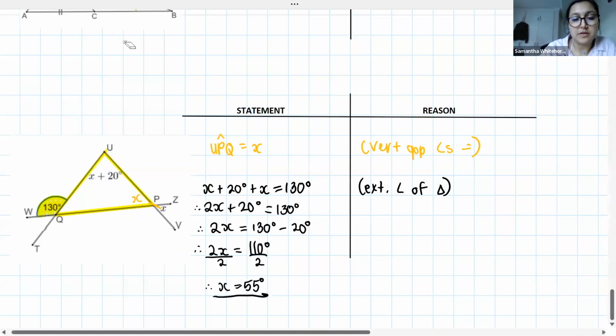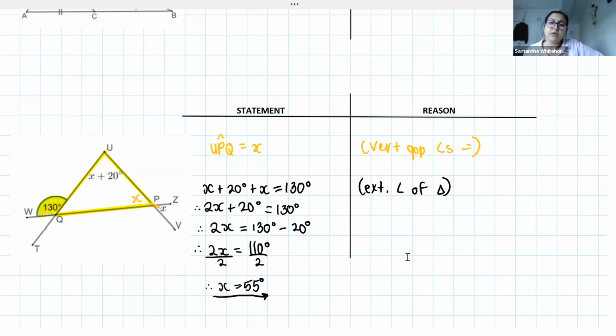And I saw quite a few 55s coming in towards the end. Well, look, very nicely done. Okay, so guys, again, we need to be mindful of the fact that sometimes we need to do a little bit of work